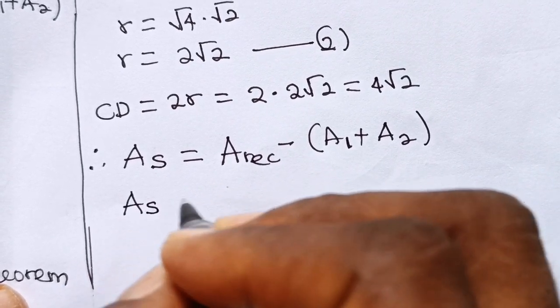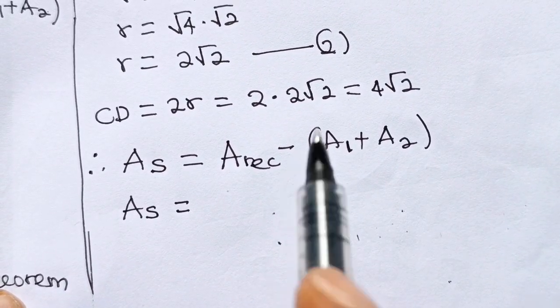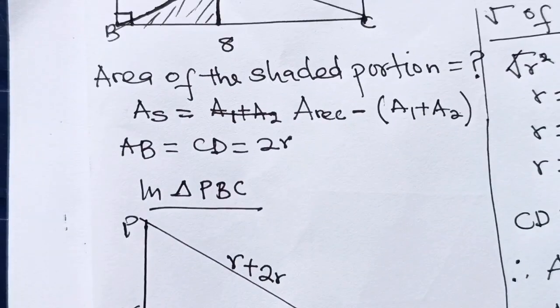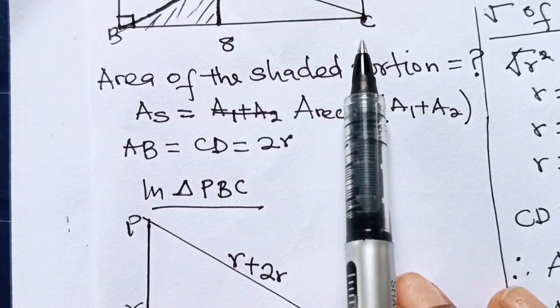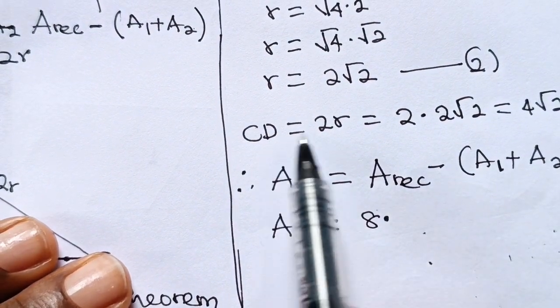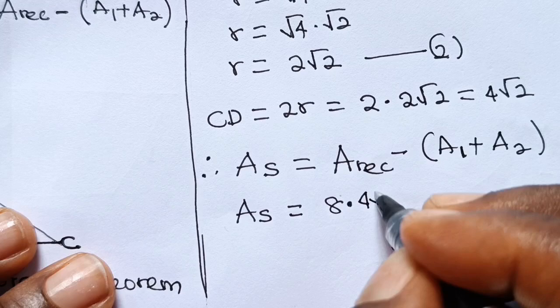So the area of the shaded portion is equal to, now the area of the rectangle is length times breadth, right? Yeah, so it's going to be 8 times 2r, okay? So the length is 8 multiplied by 2r, which is 4 root 2,